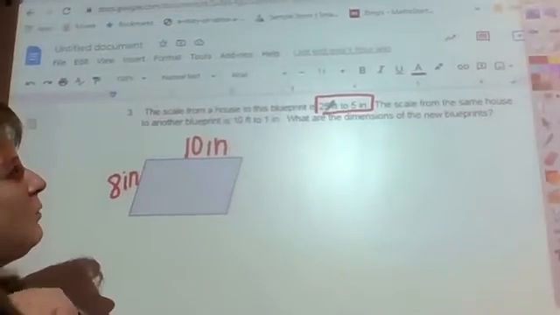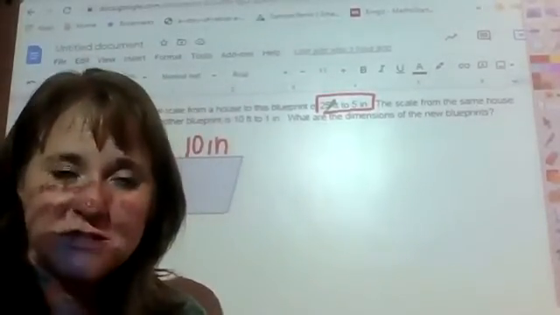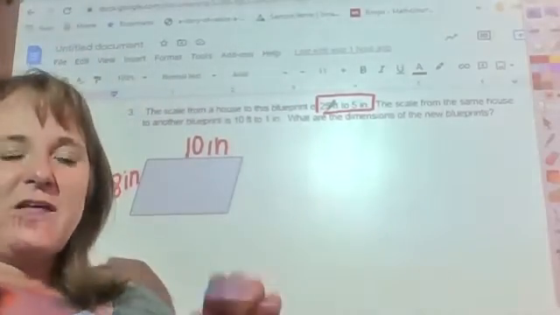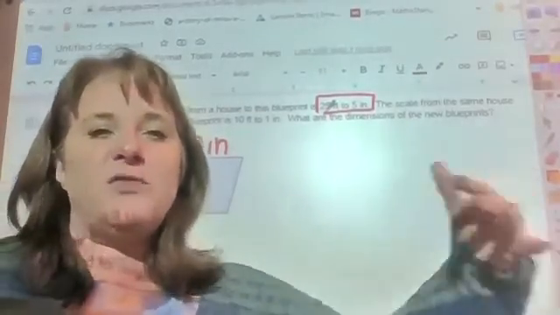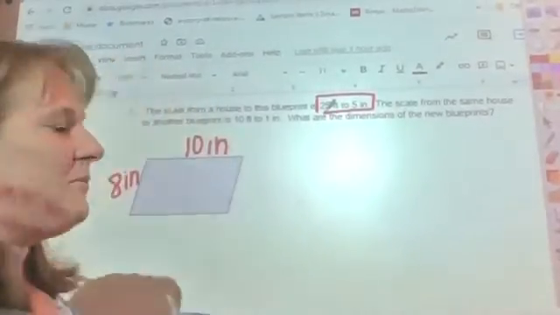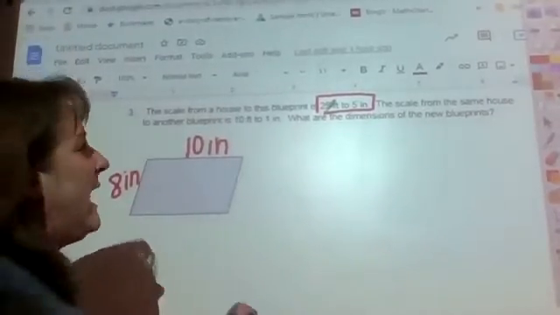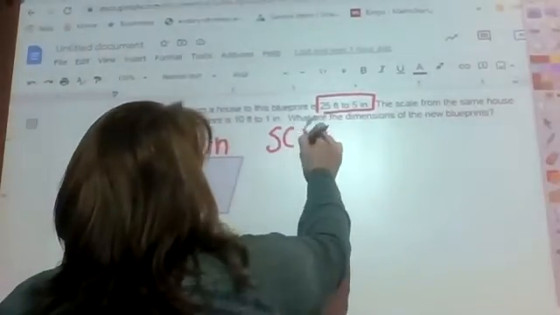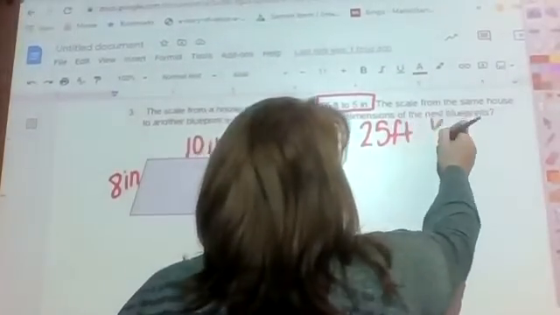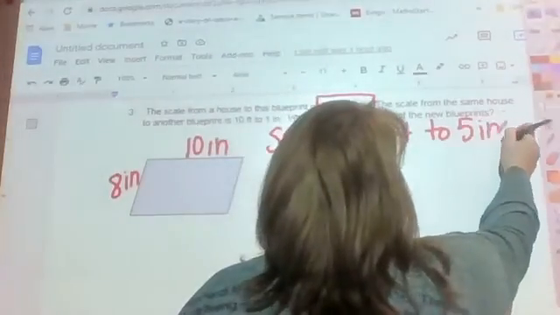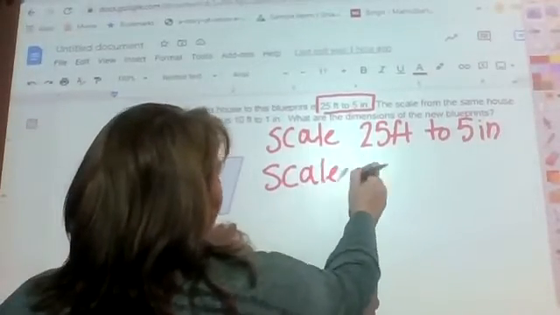So remember, what we have to do here is find the actual dimensions of the house. And once we find the actual dimensions, we're going to use our new scale to find what the new dimensions on my scale drawing would be. Now, here's the first problem that we have. Our scale is 25 feet to 5 inches, right? So to find our scale factor,